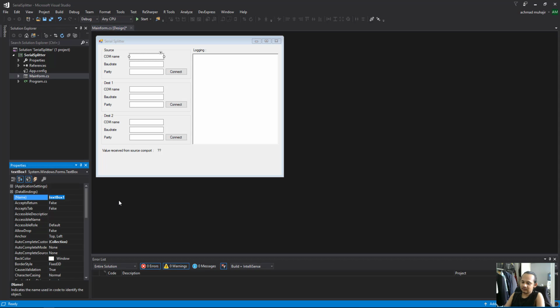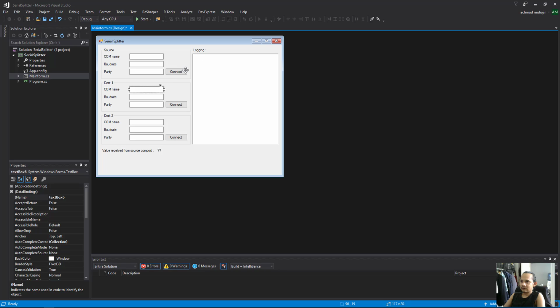I don't like this, so I use txt. We keep it simple. So txt sort com name. I'm gonna copy this maybe. So in here, I only replace the com name with search baud rate maybe. And the next one is txt search parity,